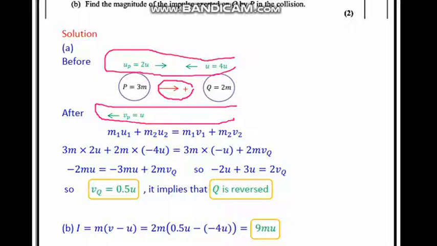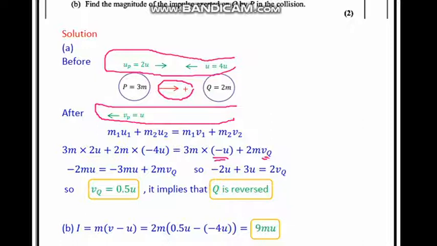And here m1 is 3m and v1, the speed after the collision, is half of the speed before and in the opposite direction, so it will be negative u as you see, and m2 is 2m as you know, and vq, the speed of Q after collision,